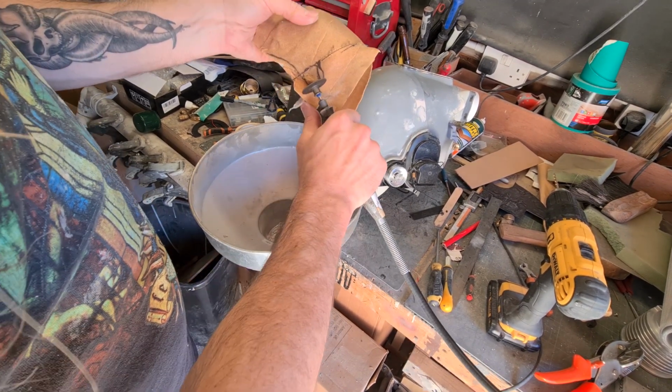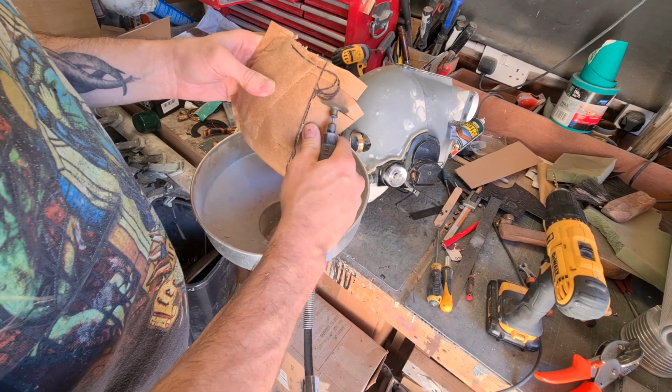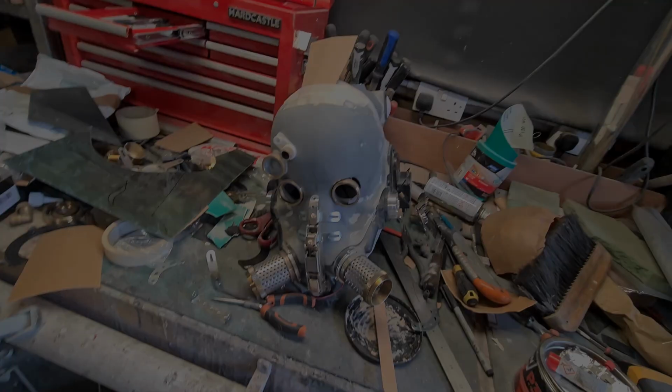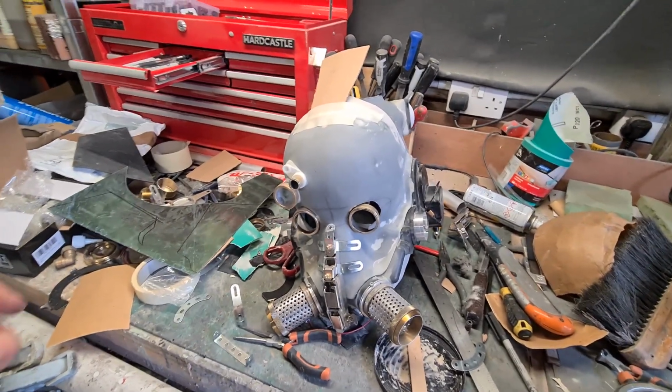So I thought this might be quite a nice way of getting that contoured shape, and I could then come in with some Bondo afterwards to smooth it all out. This was an avenue I was exploring for a while, but ultimately I decided not to go this way. Instead, what I decided to do was return to an idea that I had at the beginning of this,